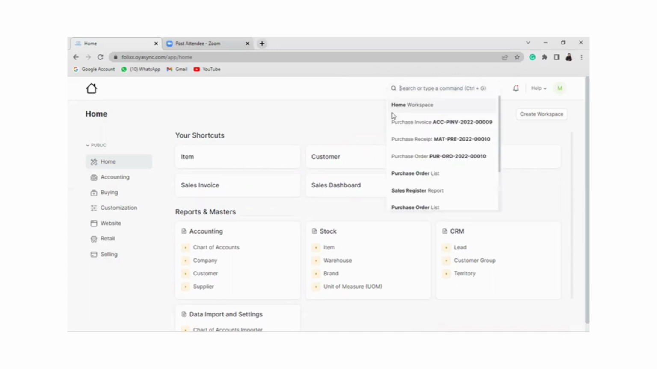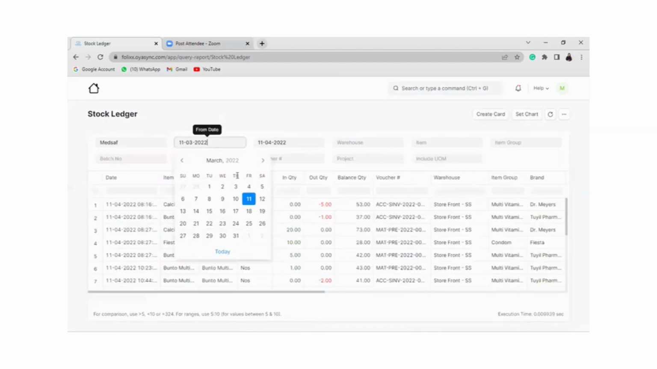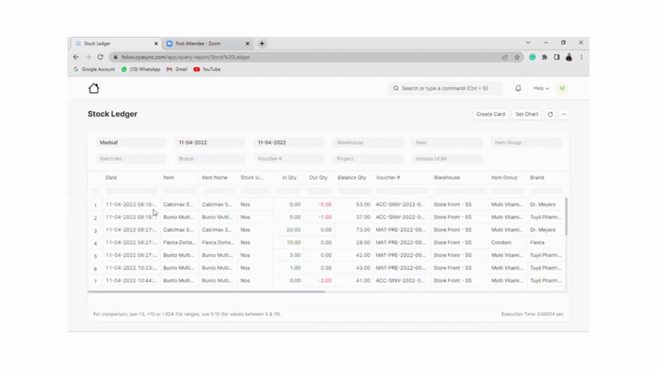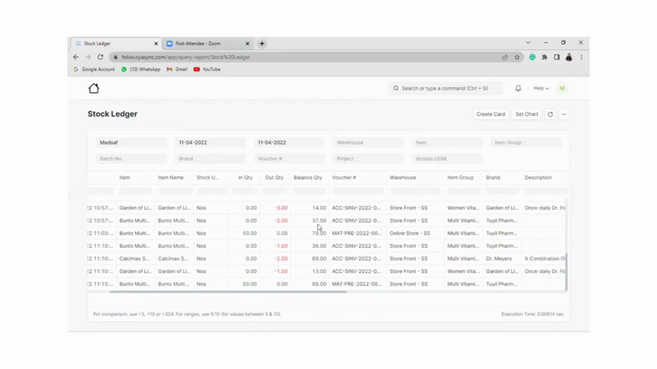All right, so you can check it by searching for stock ledger reports. We can customize it to the particular day this transaction was carried out. If you just want to see for today, you can go ahead and scroll down. You will see that the 50 we ordered is what is showing right here. And for the time, you can see the timing here too. You can see the balance quantity